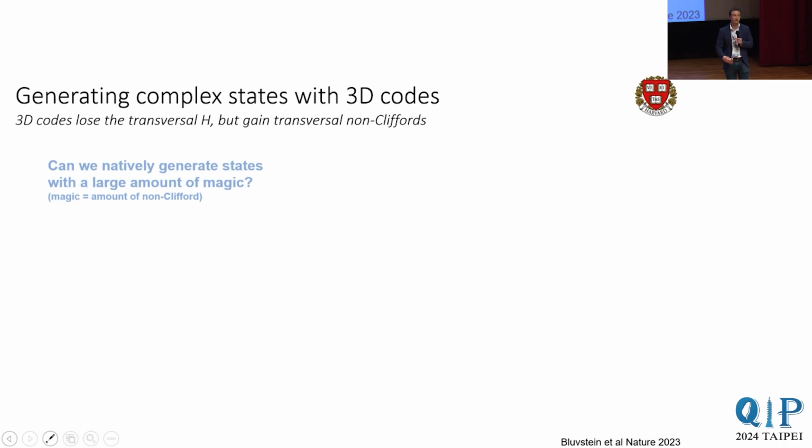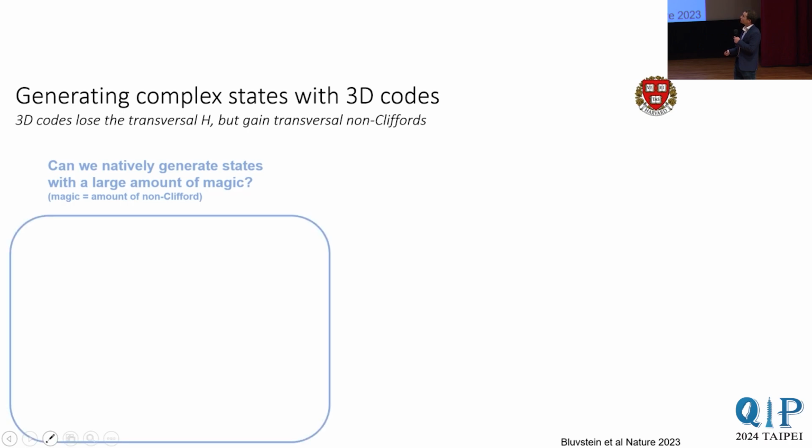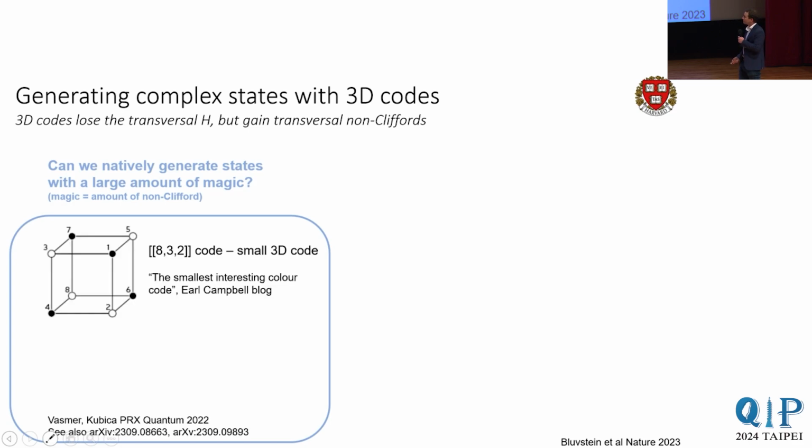So what we're going to study here is whether we can find specific algorithms that we can do very well with specific types of error correcting codes. In particular, one thing that we'll use is the long-range connectivity in our system in order to make 3D codes. And these 3D codes, it turns out, lose a transversal Hadamard, but they do gain, in certain cases, transversal non-Cliffords like the transversal CCZ. In particular, we're using this 832 code, which means 8 physical qubits, 3 logical qubits, and it's distance 2 in one basis, distance 4 in the other.